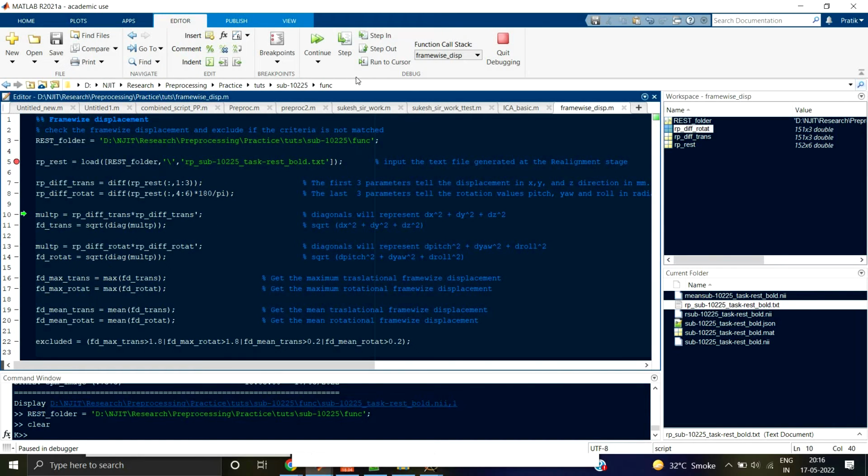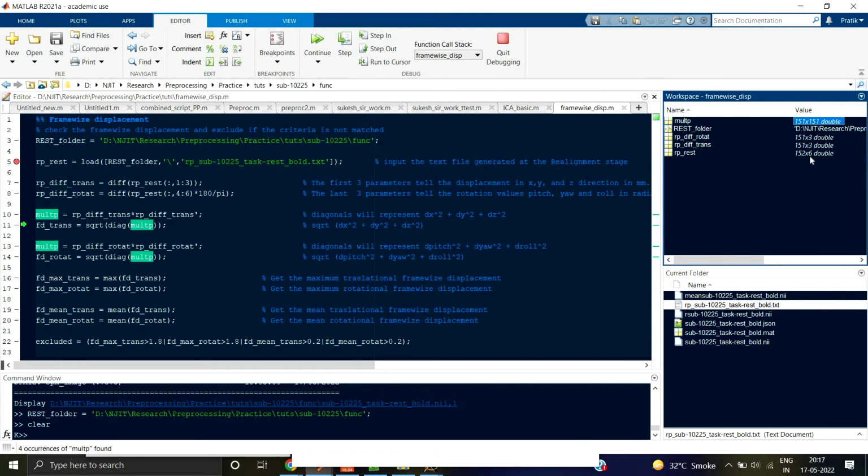Okay. Now what we are doing over here is, if you see rp diff trans into rp diff trans transpose, what happens is this multiplication gives a 151 cross 151 matrix. Actually we had 152, but because of this difference operation, because difference needs 2 things, finally we'll have 1 less. Okay, so just to give you perspective,